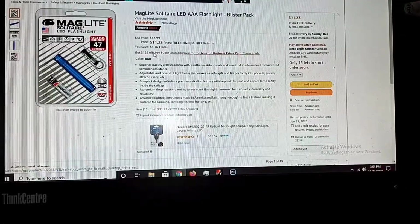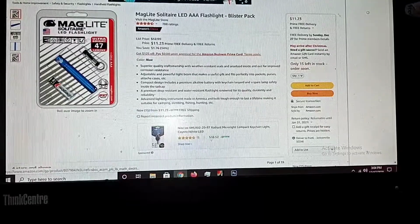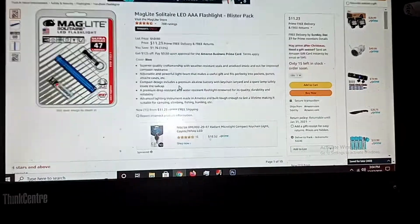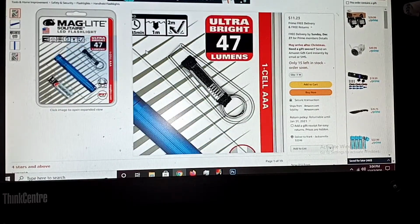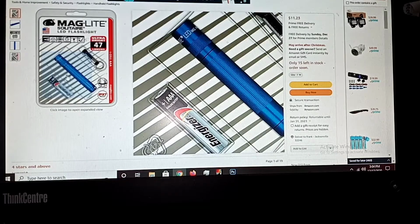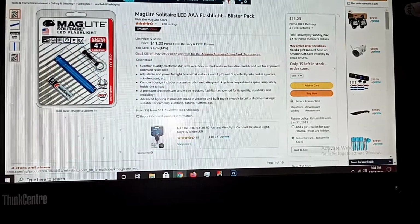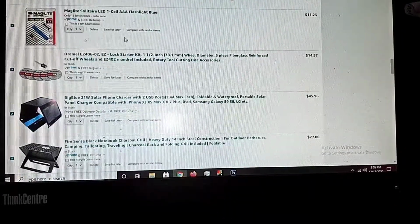This is something that I keep throwing in all the time with purchases. I love these little solitaires. Just one AAA battery, a little mag light. They throw a lot of light. They're very, very hardy. They don't have a push button, so they don't usually turn on in your bag or in your pocket. I've actually been thinking about getting 2 of these and adding them into the helmet that I'm designing. I'll probably go with the cheaper way, but